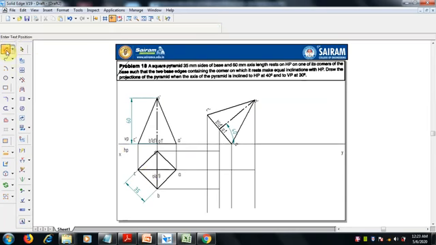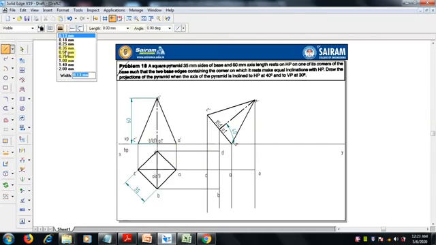Now select line, select letters here, as I said A and A, where it meets is here A, and B, this is B, C with C here, D here. So once it is done, then we can join with the help of lines. Select 0.5 mm line thickness.